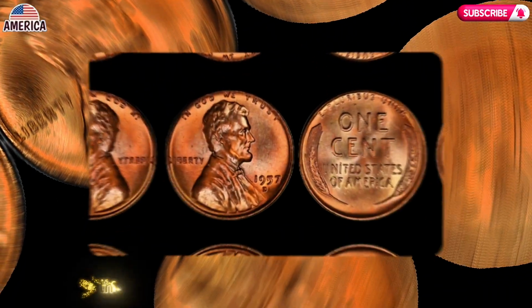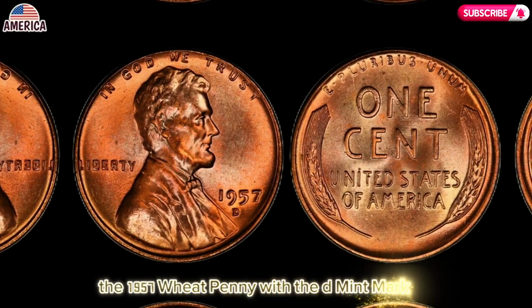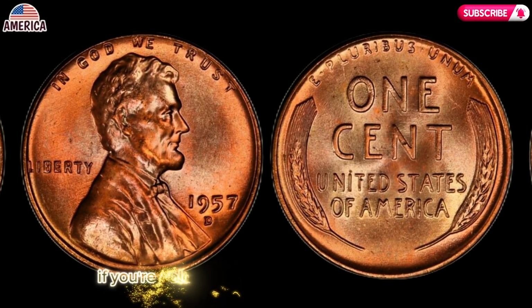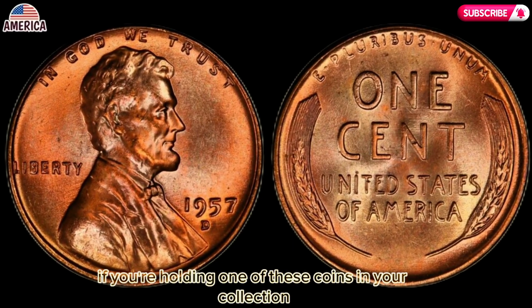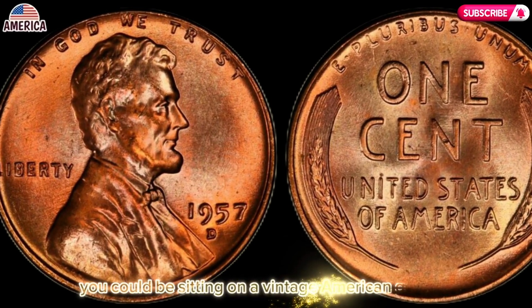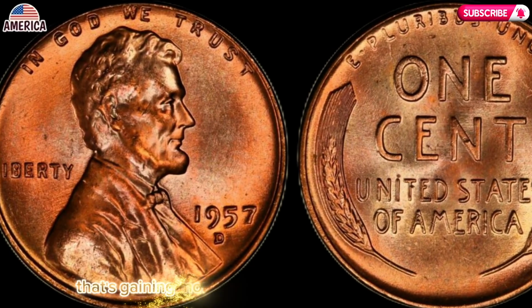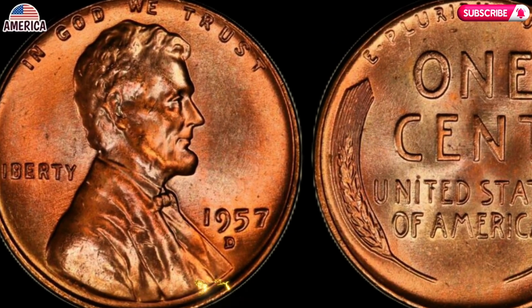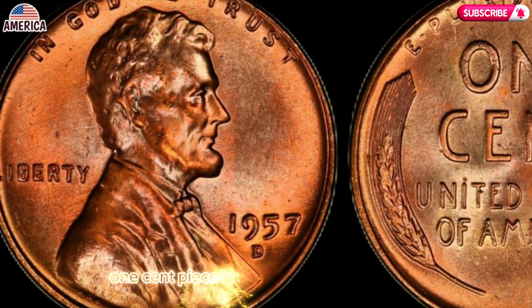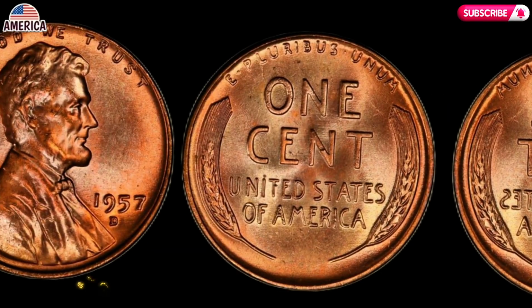Next up, the 1957 Wheat Penny with the D mint mark, also known as the 1957 D wheat cent. If you're holding one of these coins in your collection, especially in very good condition or better, you could be sitting on a vintage American gem that's gaining momentum in the rare coin market. So stay tuned as we explore why this iconic 1 cent piece is turning heads among collectors and what makes